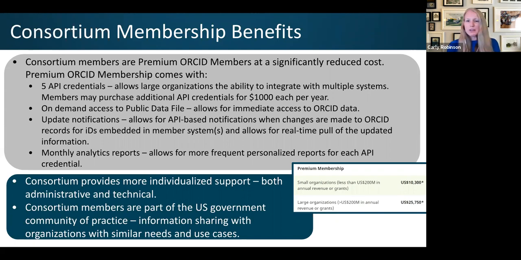And then as a consortium, we also provide a number of benefits. So we can provide some more individualized support, both administrative and technical. ORCID, of course, provides amazing support, but sometimes we get to know the integrations or the members even more fully, so we can help with that support as well. And then one of the huge benefits that we see is that consortium members are part of the US government community of practice. So it's a lot of organizations that have similar needs and similar use cases, all sharing that information and talking about these specific use cases and needs. And so if you go to the next slide,